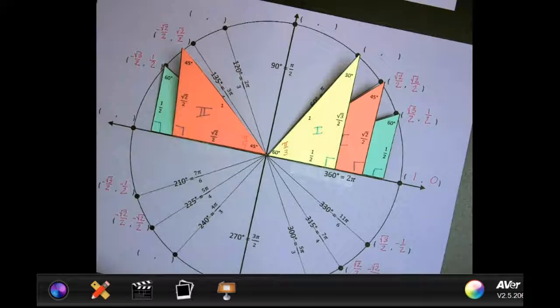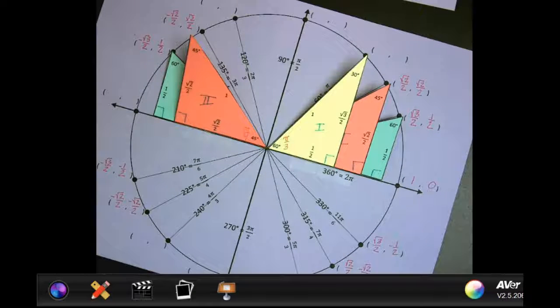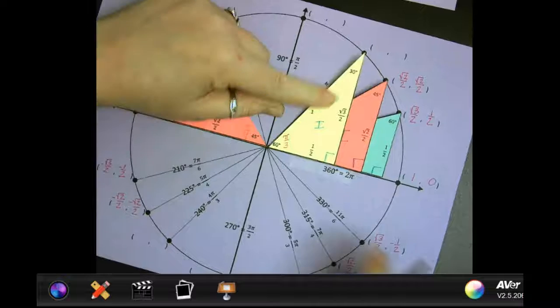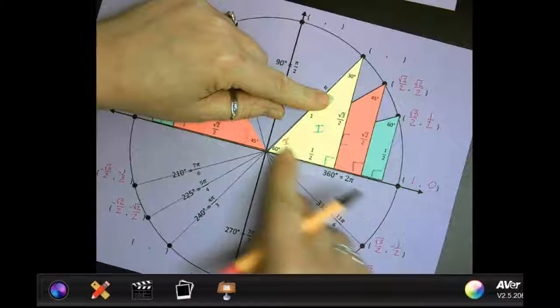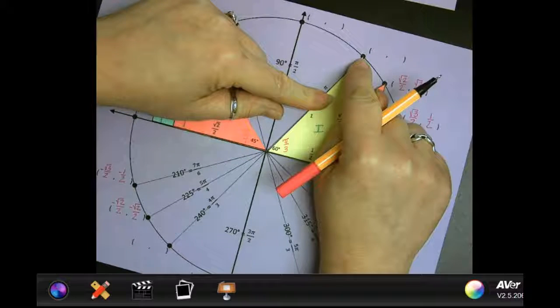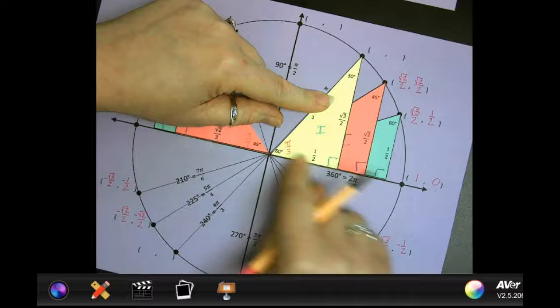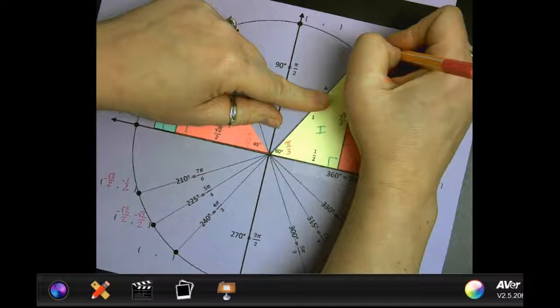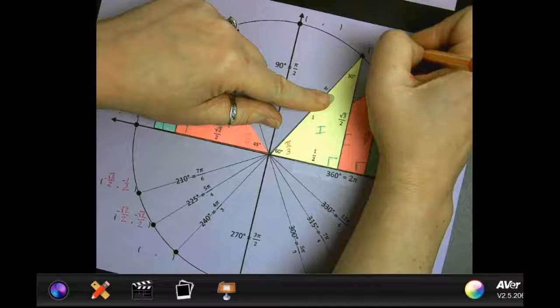This is pi over 3. 30 is pi over 6, because 30 times 2 is 60, right? And if I have pi over 6 and another pi over 3, it's a third. Q is 1/2. Y value is square root of 3 over